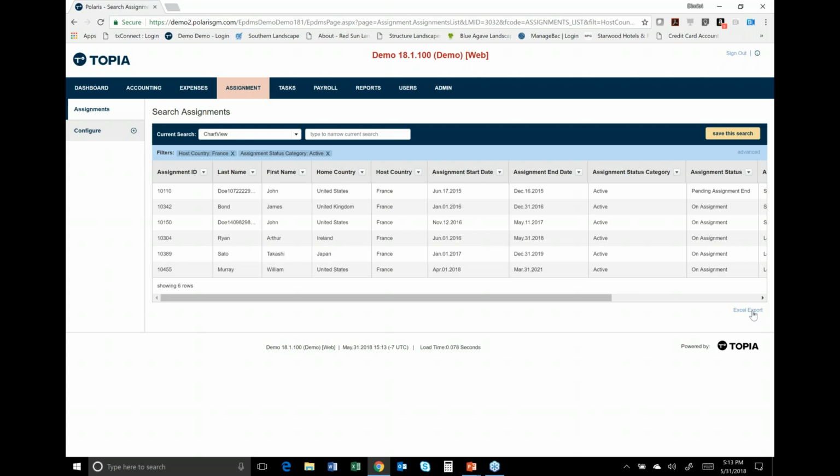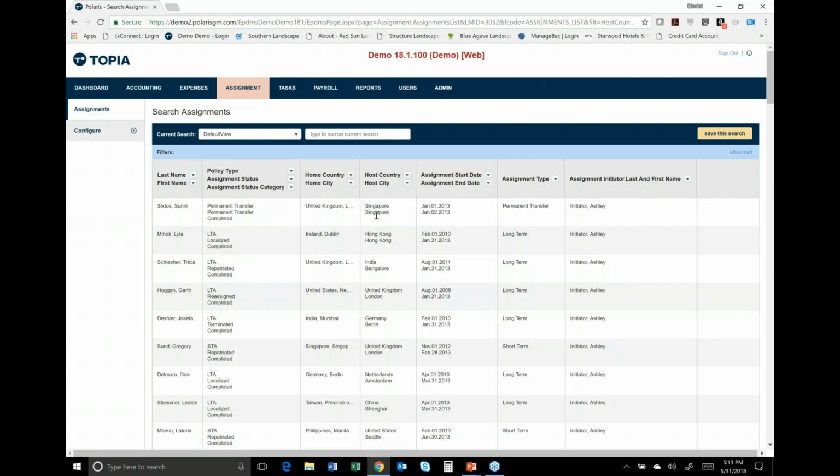That's some basic functionality, and this is an area of the tool that we call Smart Grid. And Smart Grid permeates throughout the entire application. It has a lot of functionality that's very, very useful when you're looking at the data that supports your mobility program. One of the things that I'll show you are a few examples of how our customers utilize this Smart Grid. So for example, I've set up a default view that includes my employee's last name, first name, policy